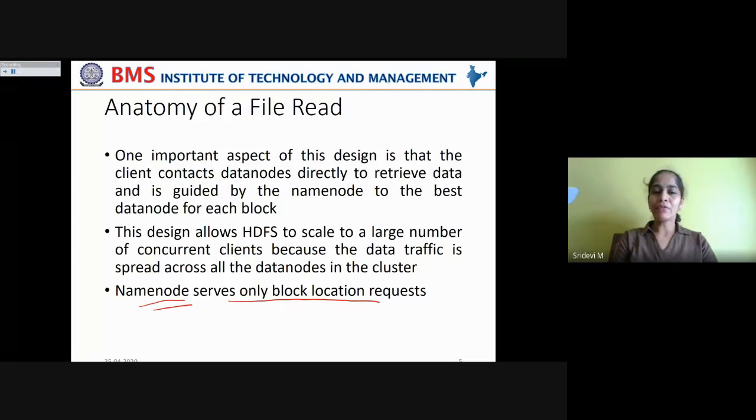So if the name node is further assigned data requests to serve, it will cause a bottleneck. That is why the name node serves only block location requests. It doesn't serve any data read requests.